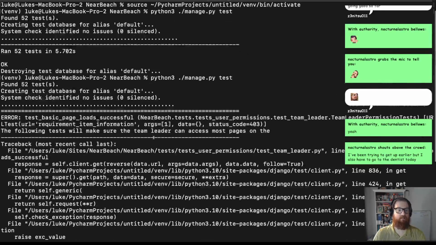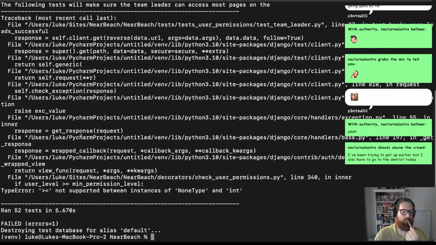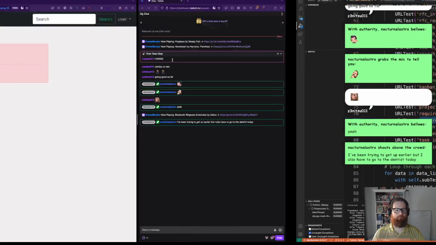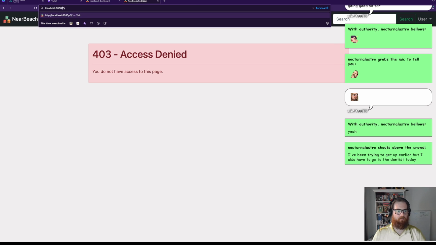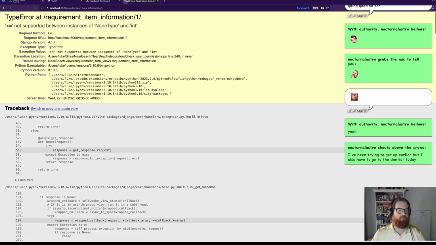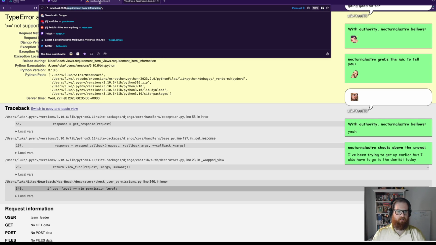So this one doesn't work. It's saying a status code of requirement item information ARCS1 403. The following type error not supported of none. All right. So requirement item information. So we just key that in the top. So it looks like this is actually